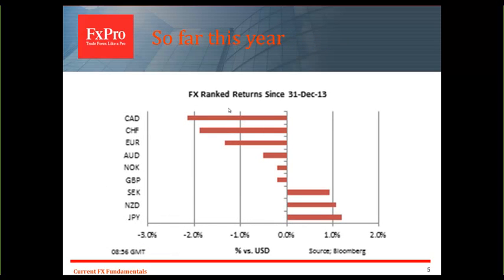Bit of a blurry chart, but this is just what we've seen so far this year. You can see the yen has been the standout in terms of the gainers. The dollar has been asserting itself, not against everything. The Swedish krona and the Kiwi are the standouts among the majors. Also interesting on the other side of the equation, the Canadian dollar, we've seen